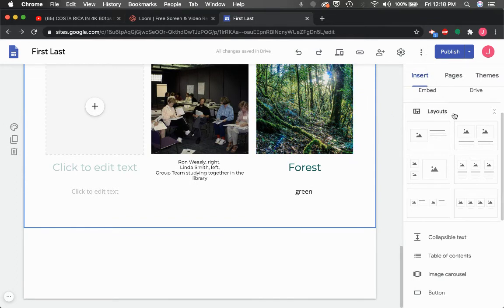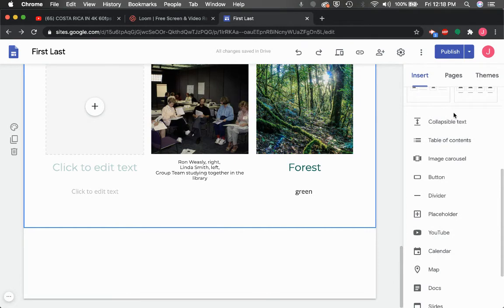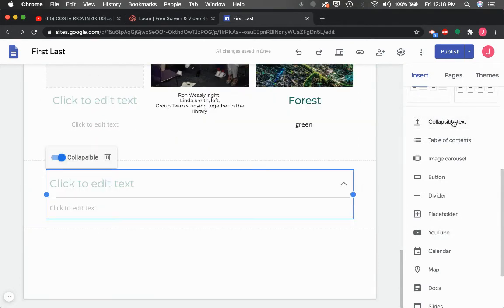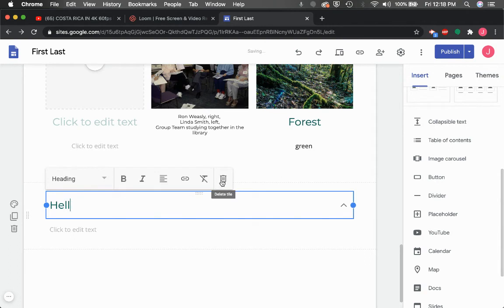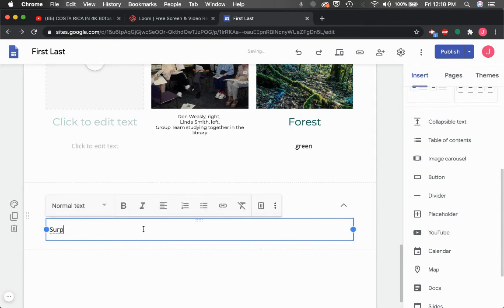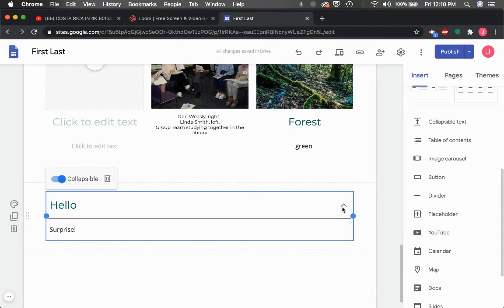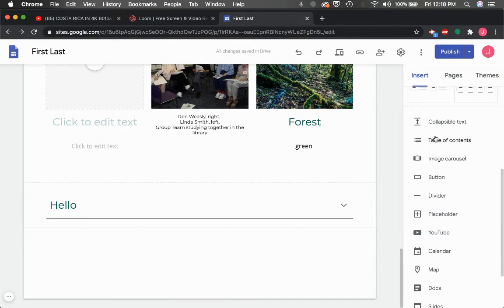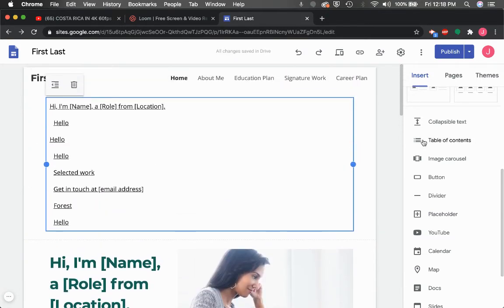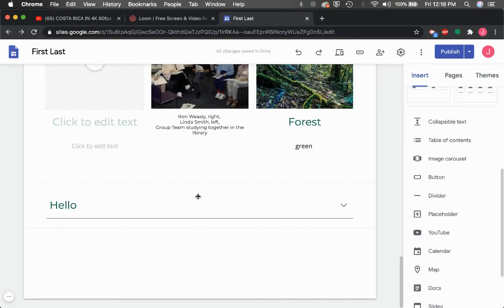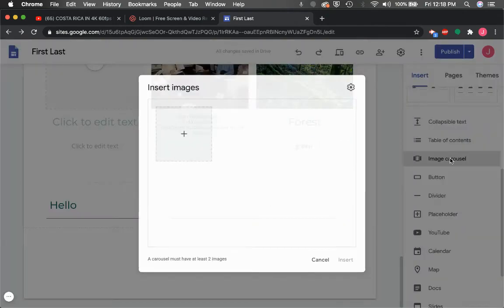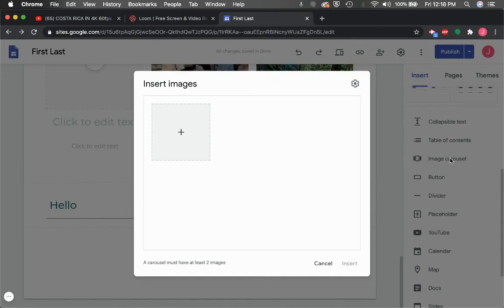Under this Insert tab, you can find a bunch of different other creative options, such as collapsible text, which offers a drop-down showing your full text underneath, a table of contents to help people navigate your site. Each of these will be hyperlinks to another place on your portfolio, an image carousel, where you can insert multiple images and have someone flip through them like a slide deck,